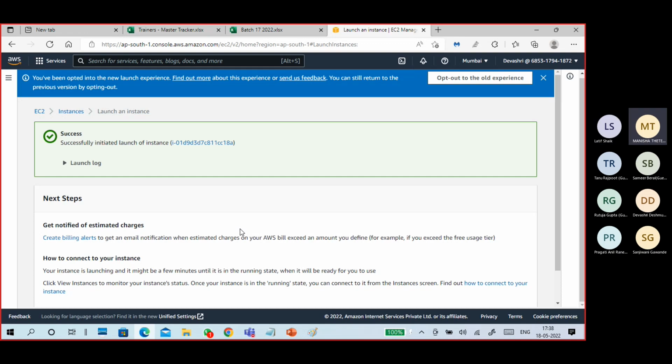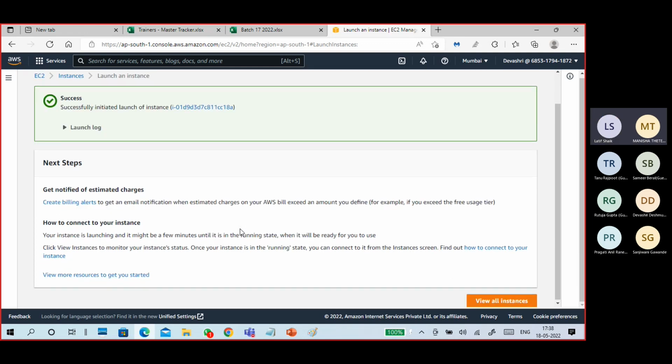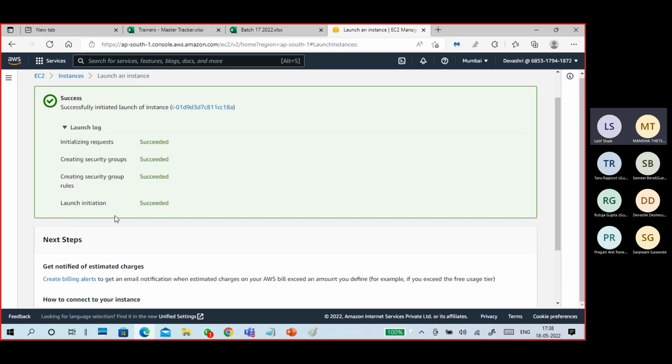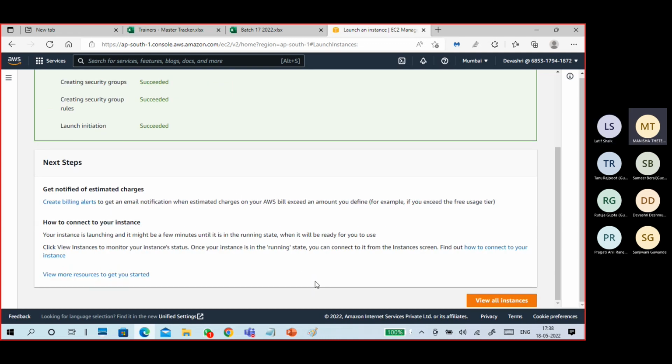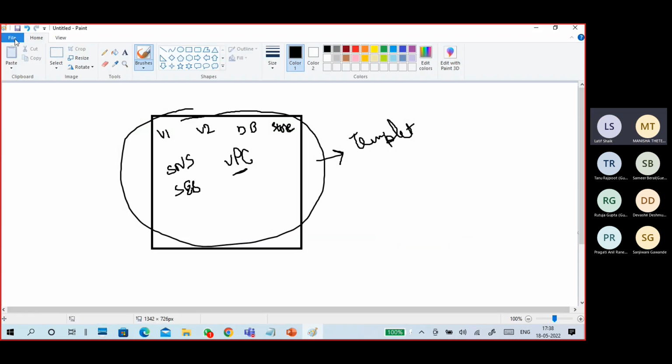Okay, and T2.micro, 1 CPU, 1 GB RAM, 30 GB hard disk. View all instances. Successfully, it is completed. Instance is created successfully. Okay, first of all, guys, what I have done,